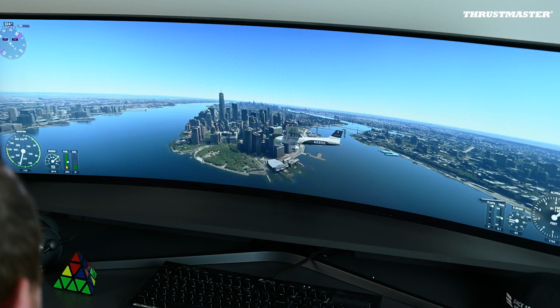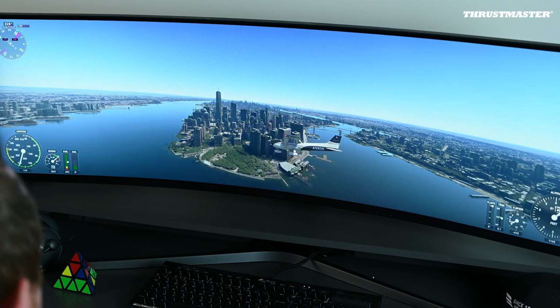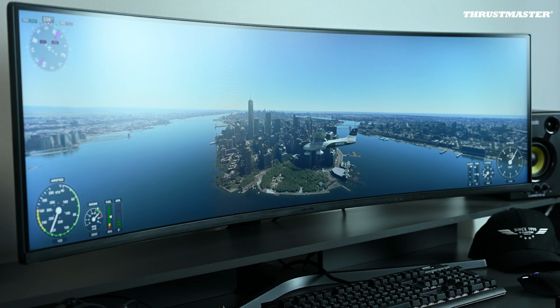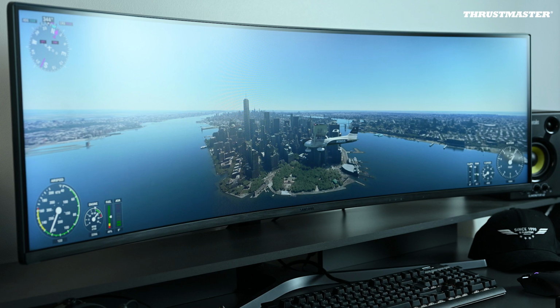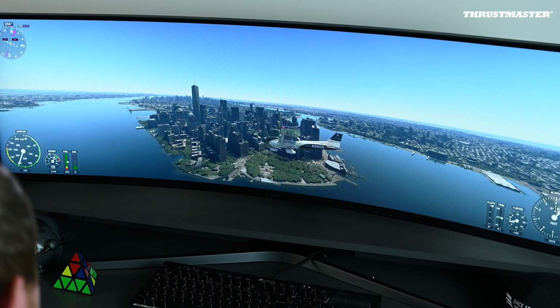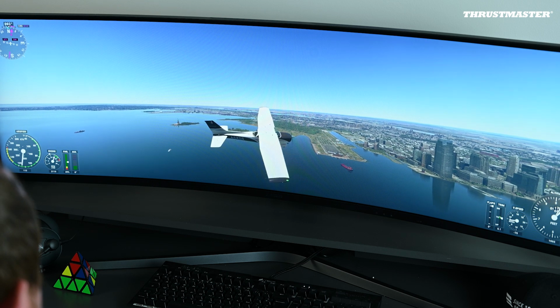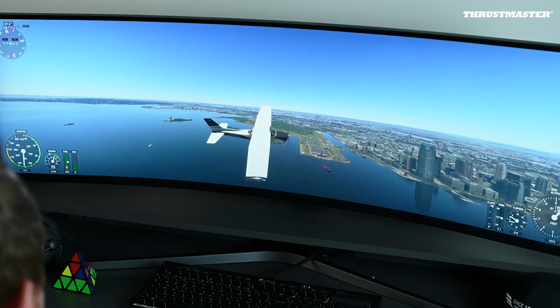Hi everyone, and welcome back for another quick tutorial video on Microsoft Flight Simulator 2020. Today's objective is going to be to identify and escape from a stall. First, we're going to see basically what a stall is, then how to identify it, and finally escaping a stall in any configuration.